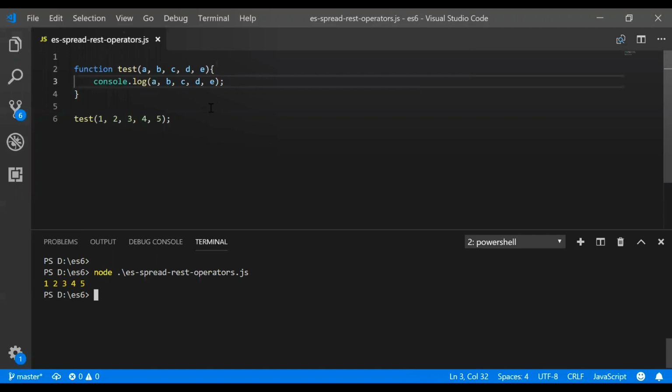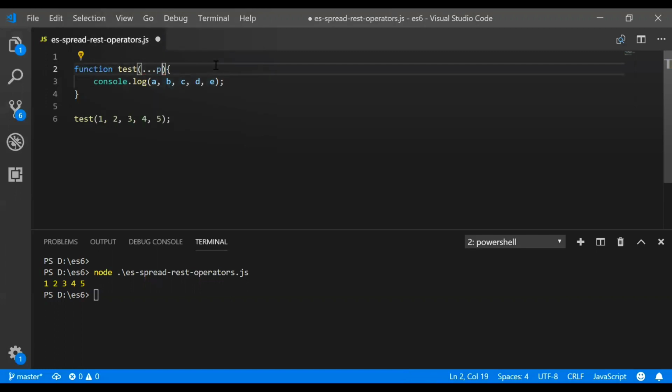Now using the rest operator, what advantage we get is, instead of passing multiple values, for example, if you have 100 parameters inside a function, it's not possible to write 100 values inside the parameter list itself. So instead of that, what REST provides us is the REST syntax: we can use triple dot with the parameter name.